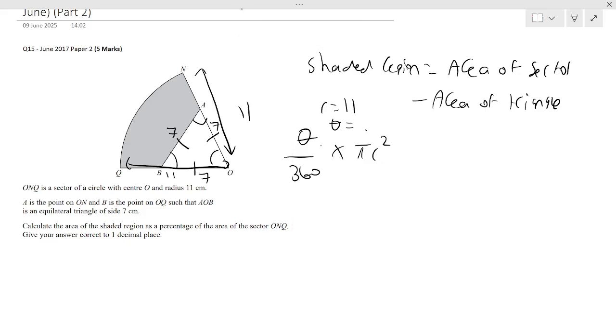All the angles add up to 180. So we have an angle x, so 3x is going to be 180. Therefore, a single angle x is going to be 60. So that angle there is going to be 60 degrees. And that'll be for every equilateral triangle. Every angle is 60. Therefore, theta is 60 here. So then the area of the sector is going to be 60 over 360 times pi r squared, which will be 11 squared. And that's going to give us